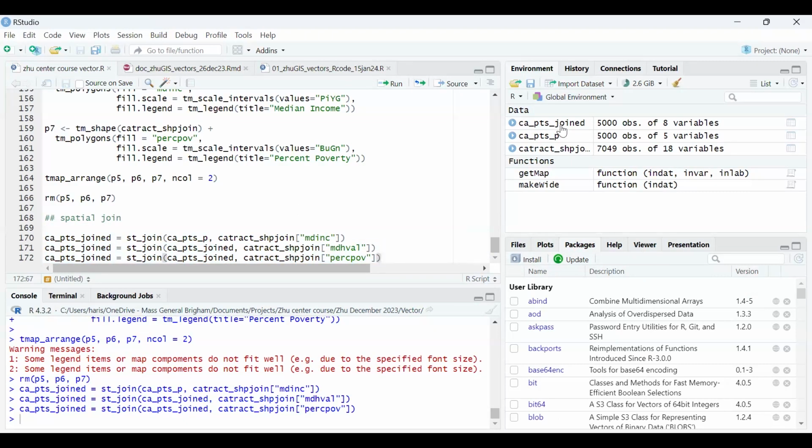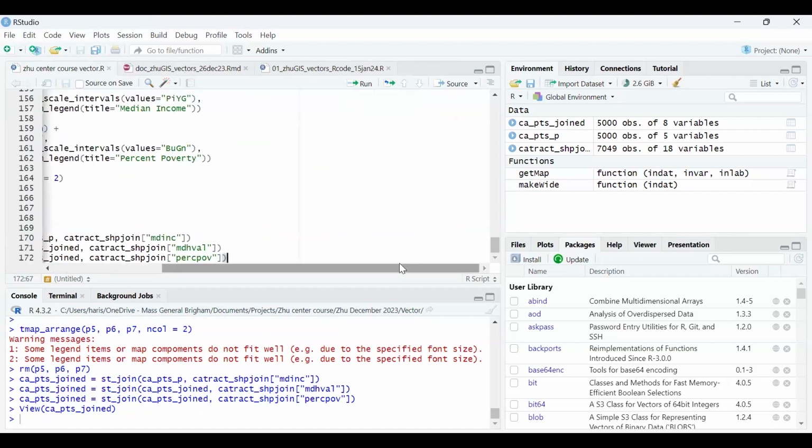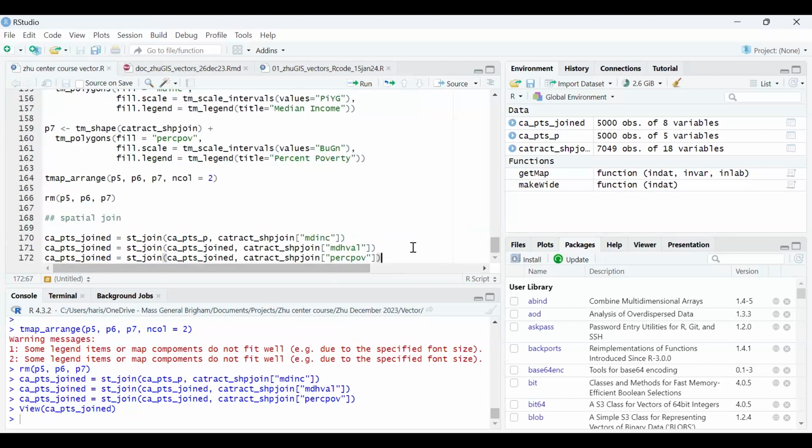So if we look at CA points joined, we see that we have all of our original ovarian cancer cohort variables, but also median income, home value, poverty. So that all looks good. Now, if we want to do some analysis,